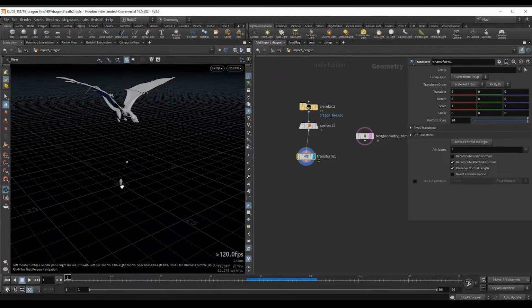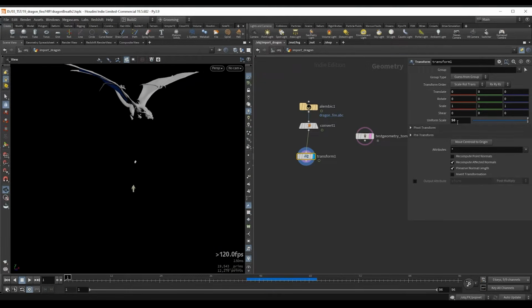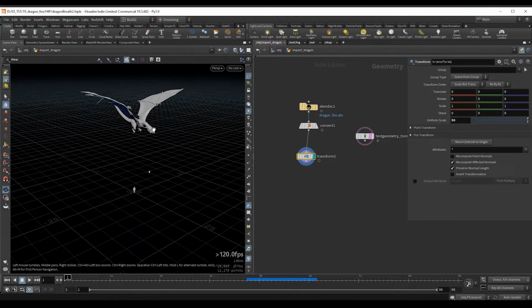If I compare it to the size of a human, it's around this size. It's probably even bigger, probably 100 times bigger, but I settled for a value of 50. I don't necessarily want to work with very high scale values either, so to split the difference between where it was and 100, I just settled on 50.